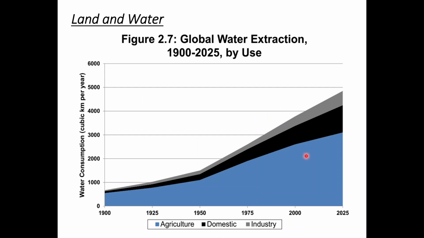Okay, water. Now we see that with the Green Revolution, there's an increase in fertilizer usage. There's also a dramatic increase in groundwater use due to agriculture. There's fresh water here, and you can see the blue. By far, agriculture is the number one use of fresh water, more so than all other industry and domestic use combined. And we can see the dramatic increase around here, after the 1950s.